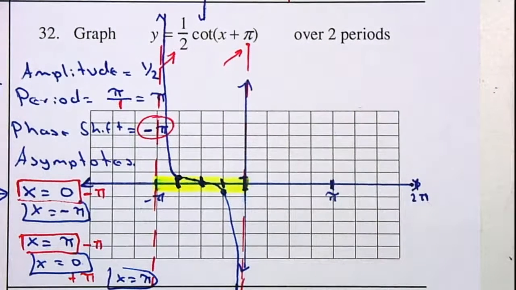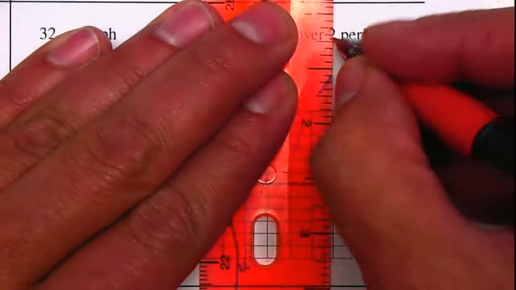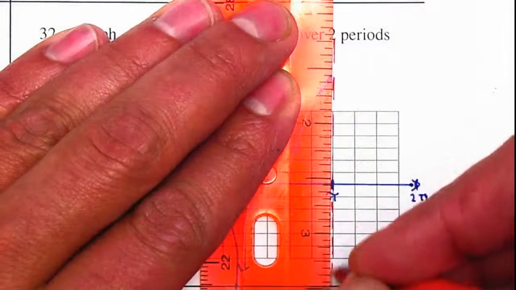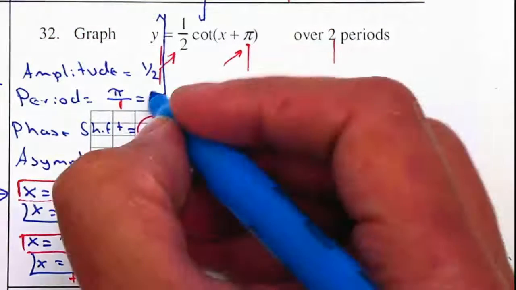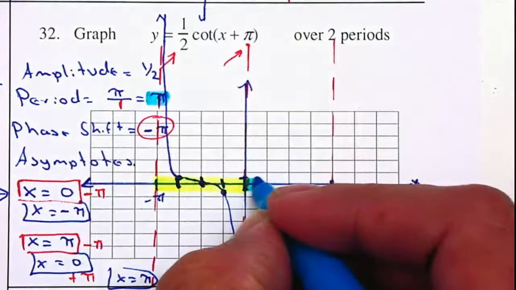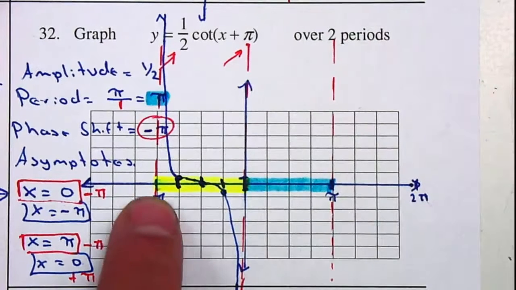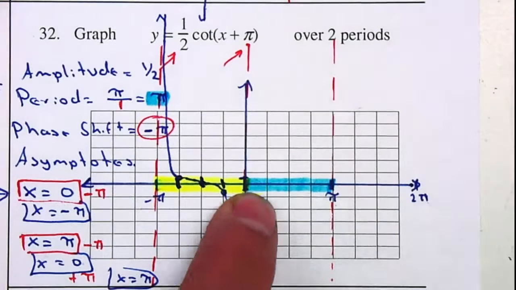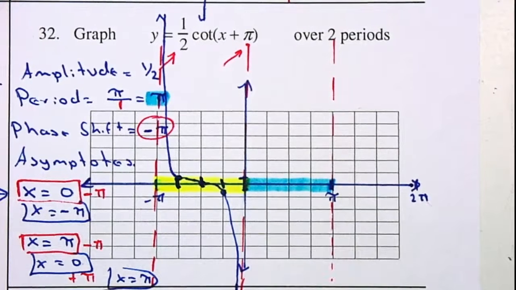And visually you should be able to tell that your other asymptote should be at pi, because your period is pi, and the distance once again between both asymptotes is pi. Some of you will say, oh, it's 1, 2, 3, 4, 1, 2, 3, 4, which is perfect, but I want to make sure that you understand the math as well,